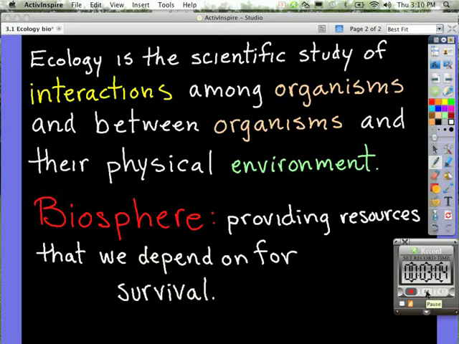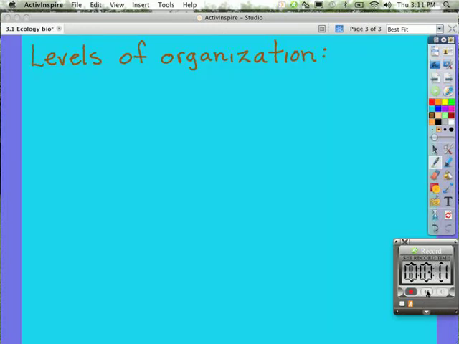Levels of organization. Ecologists ask many questions about organisms and their environments. Some ecologists focus on the ecology of individual organisms. Others try to understand how interactions among organisms, including humans, influence our global environment. Ecological studies may focus on levels of organization that include those shown in your book on page 64 and 65. These include